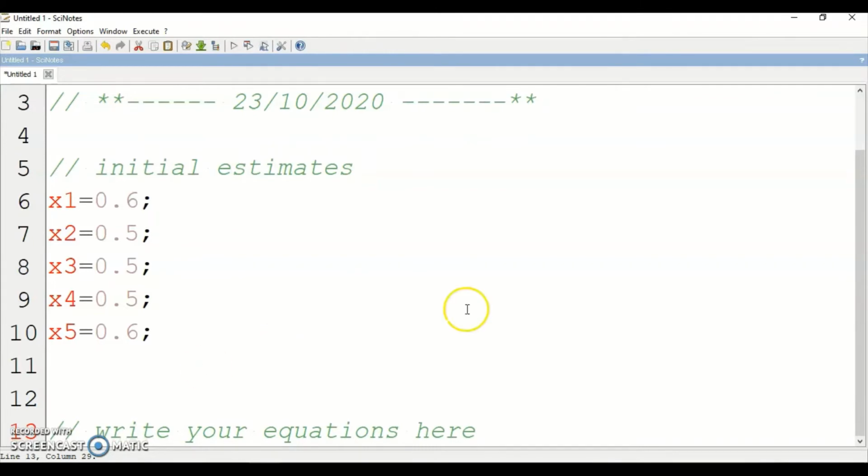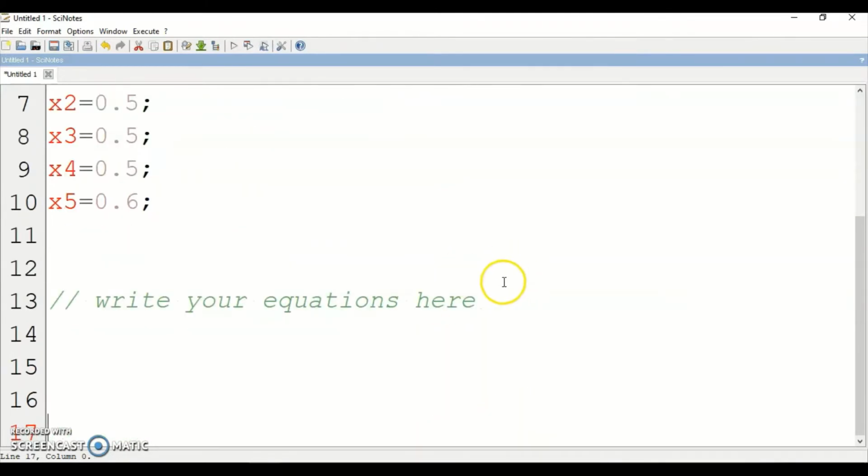So what is the equation you wrote? You don't have to comment everything. For your case, I'm just going to do that. Okay, what's the equation that we wrote? We have x1 equals 1 minus x2, divided by 2. Then x2 equals 1 minus x1